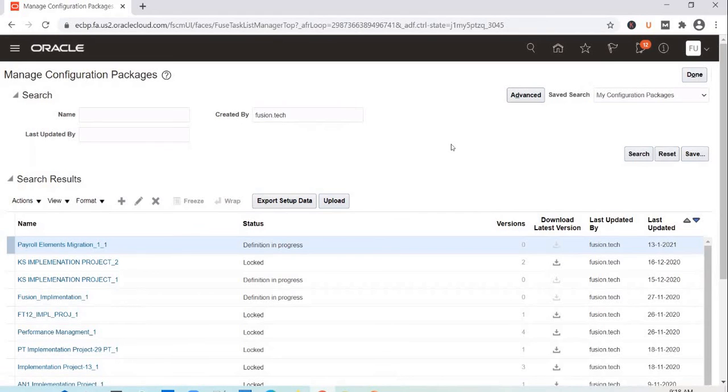You will have a config file, a zip file, generated. You pick up that configuration package file and import it in a target instance. That's how you migrate the setups, which include flex fields, with the help of a configuration package.